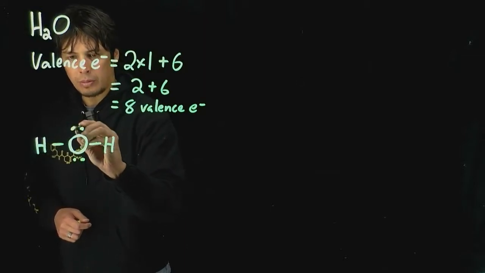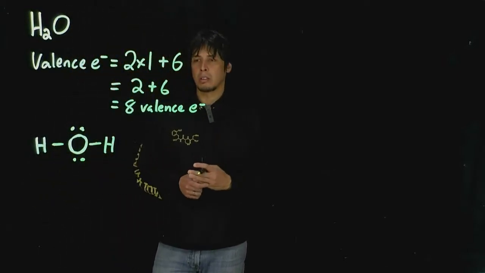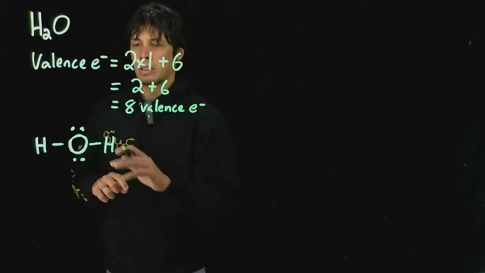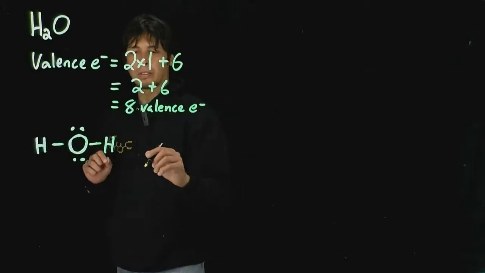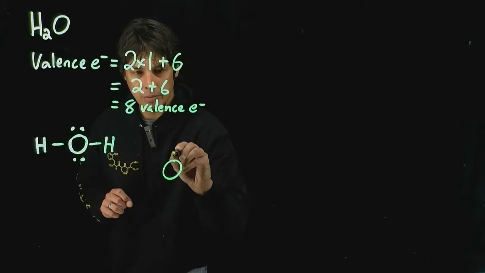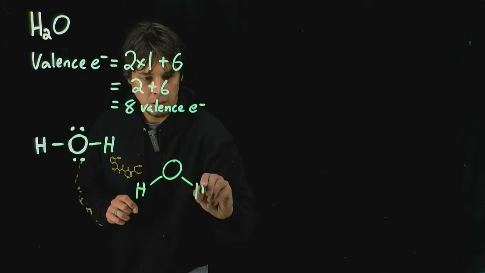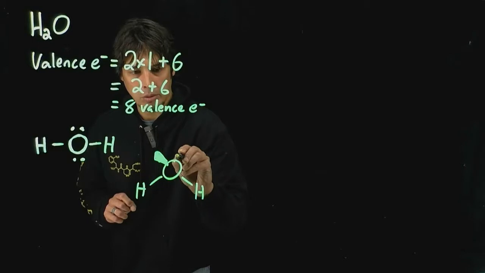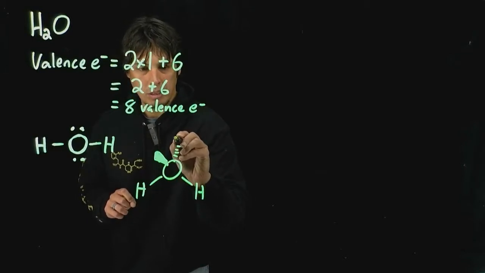So if we analyze the structure of this, using, for instance, VSEPR, we can think of this as the lone pairs are going to alter the geometry. So we can think of starting this as a tetrahedron, where we have hydrogens here, and then we have a lone pair coming towards us from outside the board, and then going away from us inside the board.